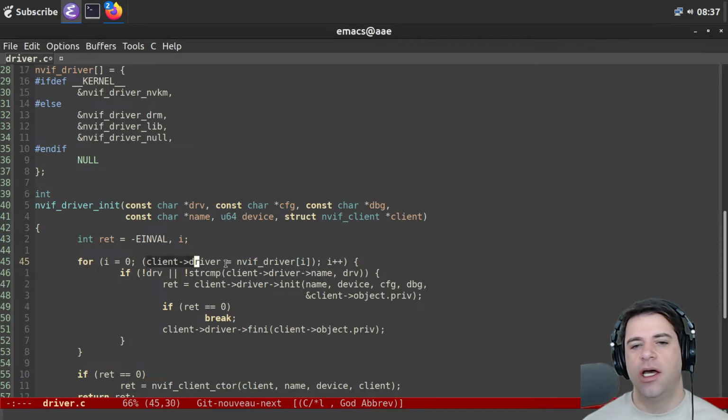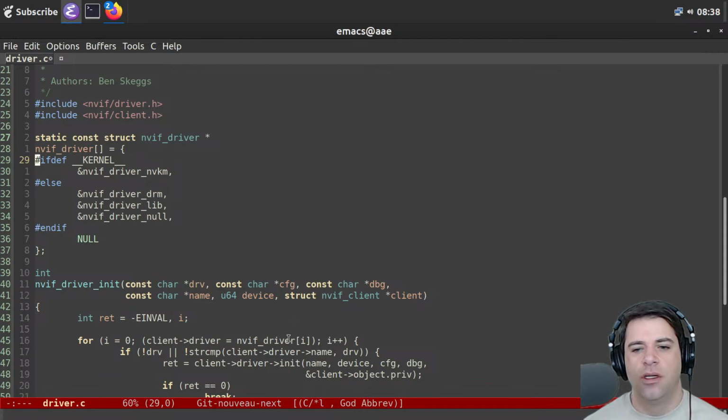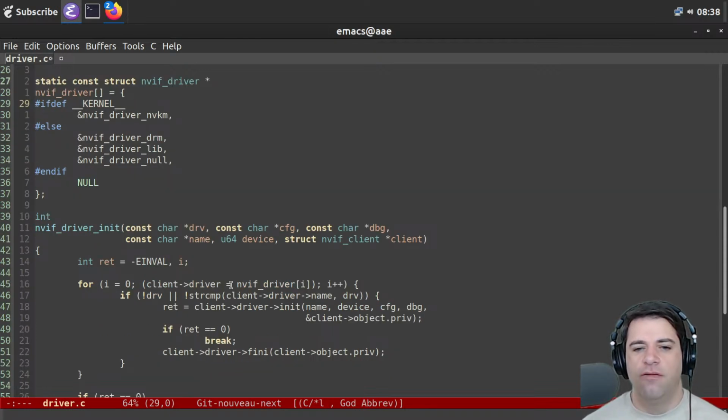I guess we'll look in the client. I guess we'll set the client driver to NVIF driver at i. And I do not know where NVIF driver came from. I don't think it's passed into the function. And then for each of these drivers, if it doesn't exist, so if it's null, or if the name of the driver doesn't match what we passed in for the driver name,